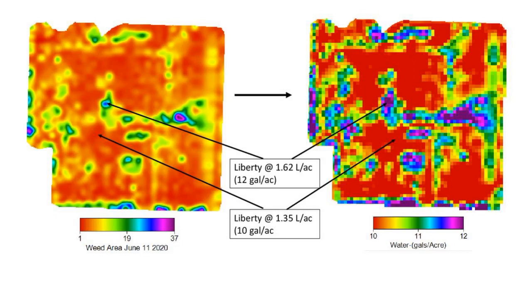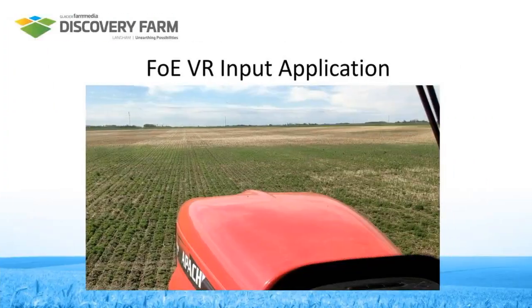Now, it's important to note that there are some limitations here. Of course, the capabilities of your sprayer would limit the resolution that you're able to apply that prescription. So in our case, we had 16 sections across the width of the boom that are able to apply unique rates. And also you have to be mindful of the product that you're choosing. So not all products would allow you to vary your rate and stay within label rates. But in this instance, it did work well. So now I'll just pause my presentation briefly and show a video of how we applied this within the field. So just bear with me briefly as I bring up our video.